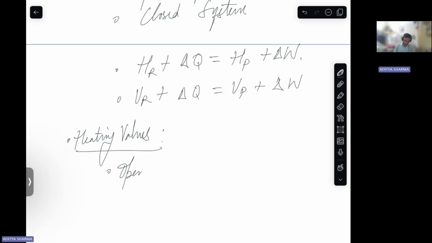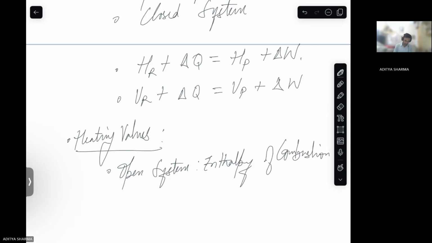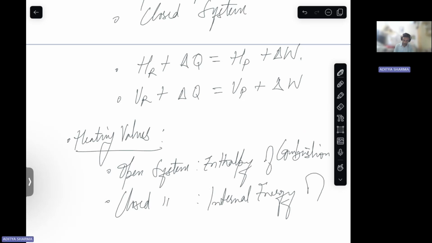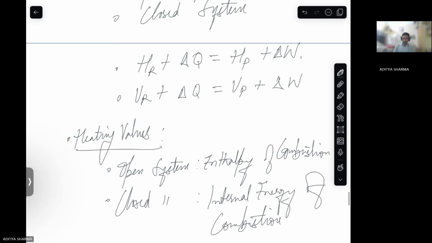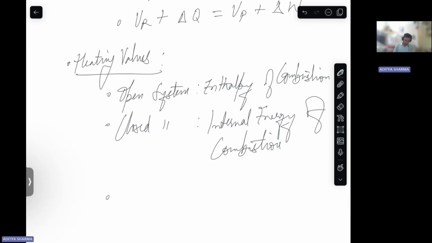So for an open system, we call it enthalpy of combustion. For a closed system, we call it internal energy of combustion, right? Then how can we calculate, how can we find out